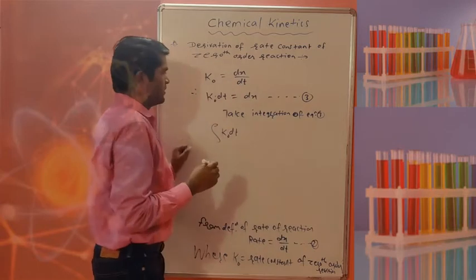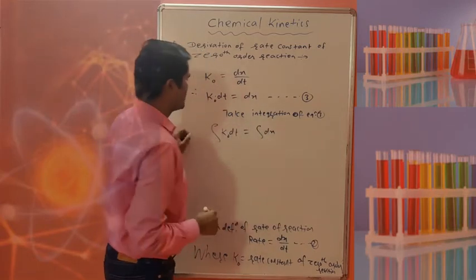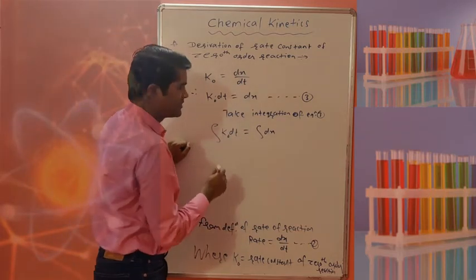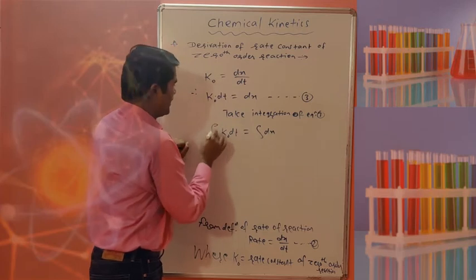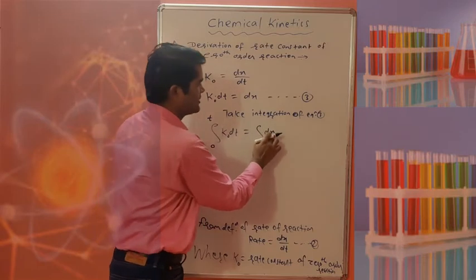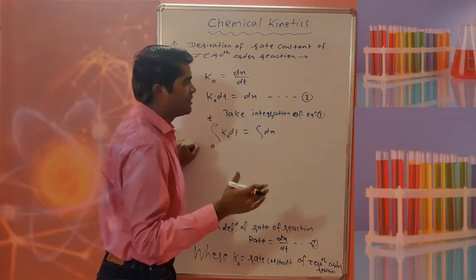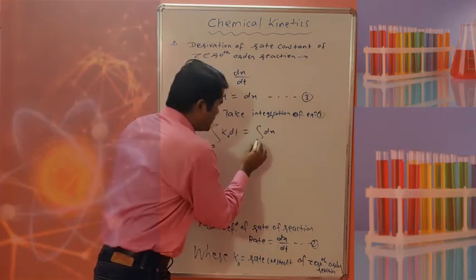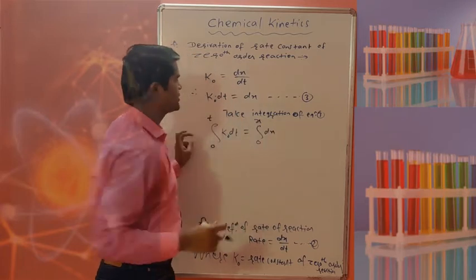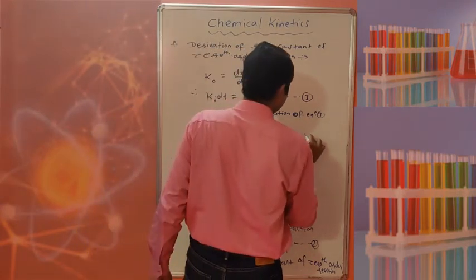So for that, the limit is important, and here dx. In definite integration, the limit is important. How does t vary? Initially, time was how much? 0. And we are studying the reaction up to which time? t. Here the variable is x. Initially x is what? Concentration of product at time t. But initially how much product was there? 0. And at time t how much product was formed? x. So the limits we have to decide this way. So this is your equation number 4.